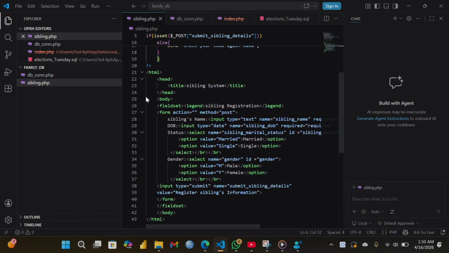Then from here you open your HTML tag and you write the title, which is the sibling system. Then you close your head, open body, and write fieldset and legend, which is sibling registration, and form. You make your form now. This form has to be equivalent